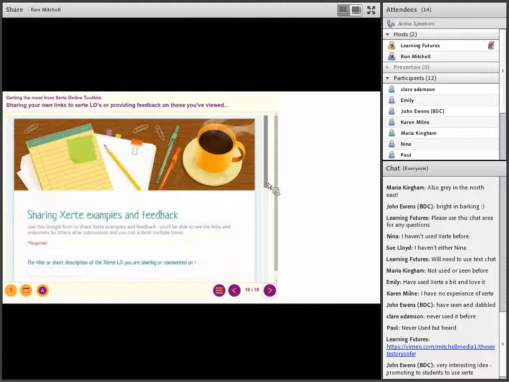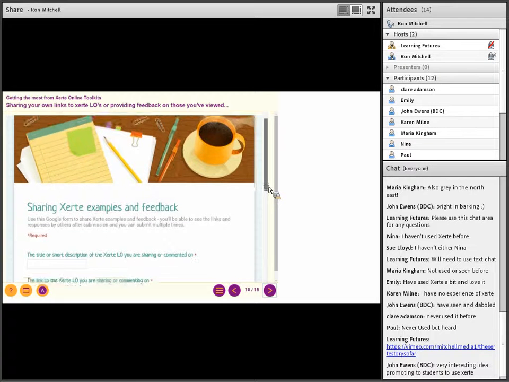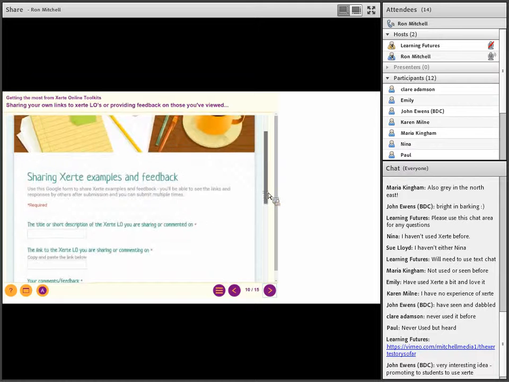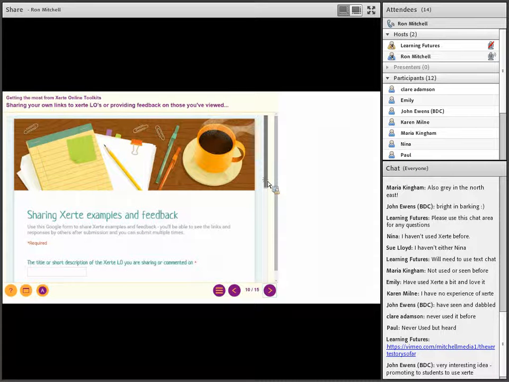If any of you are experienced users, or if you view any of the examples that we've got here, and I'm going to point you to the link to this resource in a moment, I've embedded a Google form, and this is a great way of collecting feedback on Xerte learning objects by embedding not just Google Forms, but any kind of system that you can collect feedback or student interaction from.